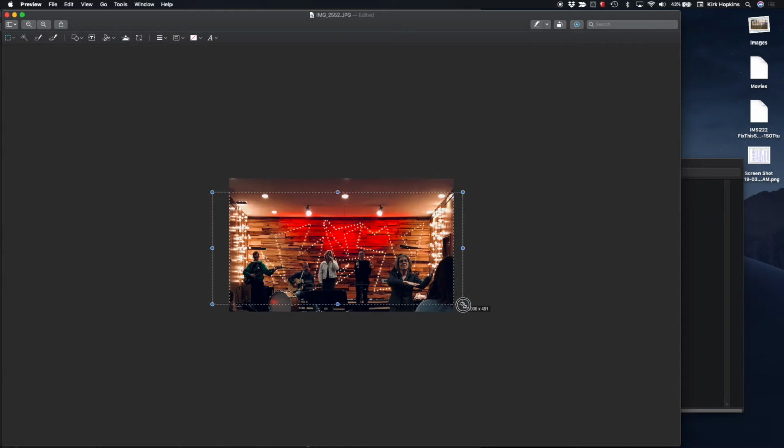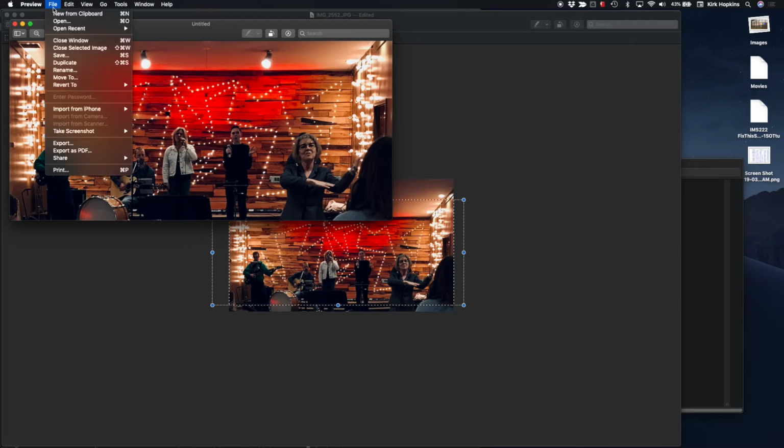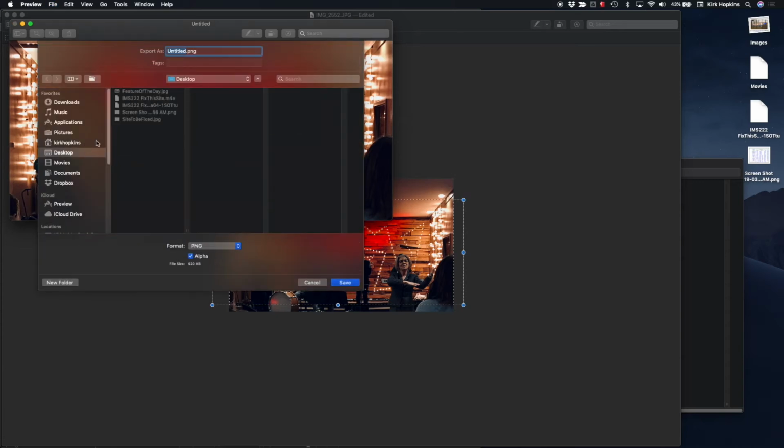So I'm just going to cheat a little bit and copy that. I think I can do this. And this program actually kind of shrunk it down there for me, which is pretty cool. And this is called Preview. And then I'm going to export that as a JPEG. And I'm going to call this shot